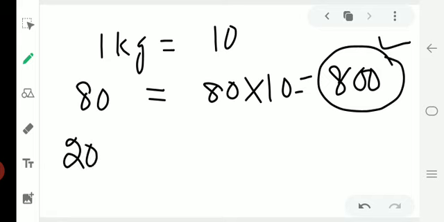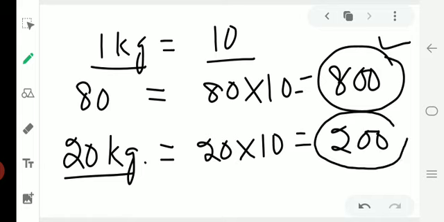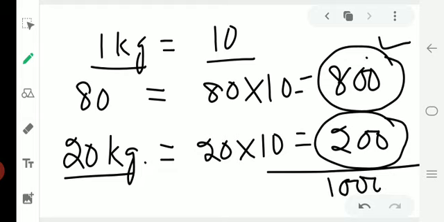Now the 20 kilo that the farmer keeps for himself, the value of this 20 kilo also can be calculated at the market price, because the market price of rice per kilo is 10 rupees. That means 20 kilo rice will be 20 into 10, it will be 200 rupees. Now the thing is that we can calculate the value of the product that is kept for self consumption. That's why if you can calculate the value at the current price in the market, then it should be included, isn't it? So the total value that we have to include is 800 plus 200, it is 1000, right or not?